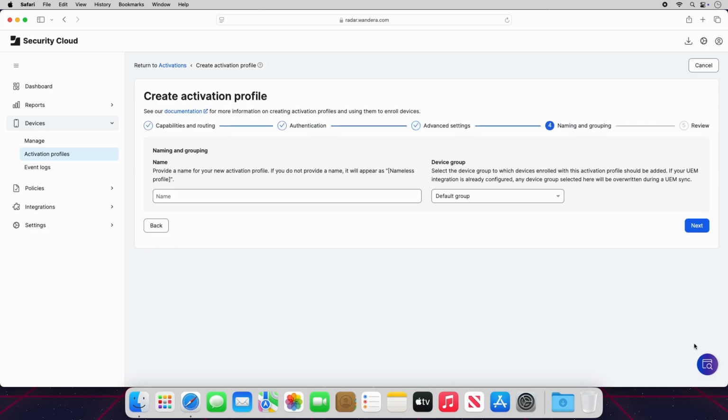Click Next, and we have the option to enter a name to identify the activation profile. I'm just entering Jamf Training since this is the only profile I plan to use. Now, suppose we want devices enrolled using this activation profile to be assigned to a specific group. In that case, we can choose one from the Device Group pop-up menu or start typing to create a new one. I'm leaving Default Group chosen, so all devices enrolled with this profile will be added to the organization-wide default